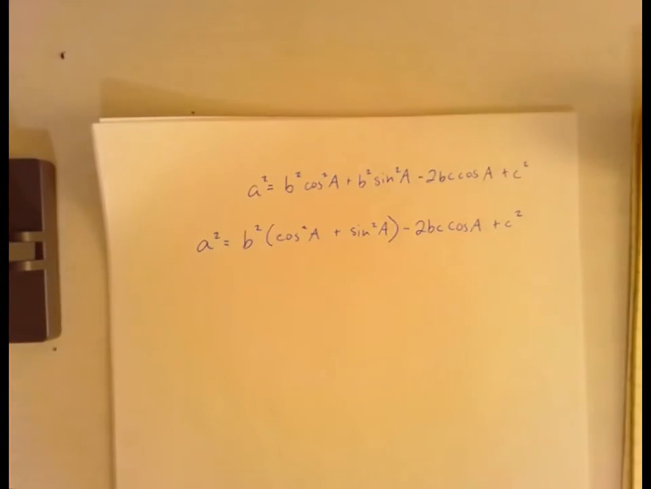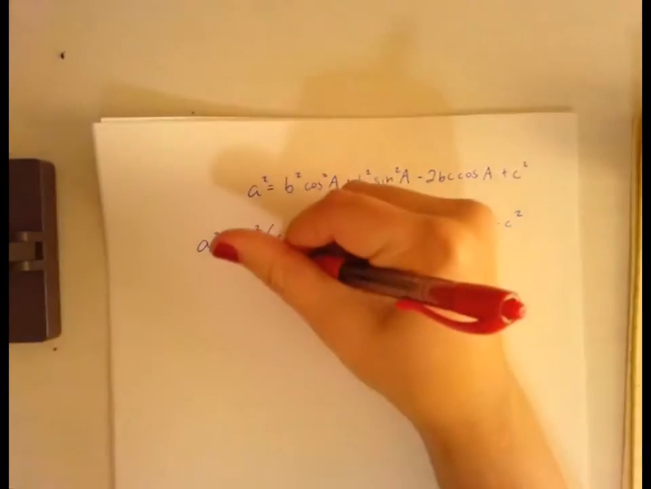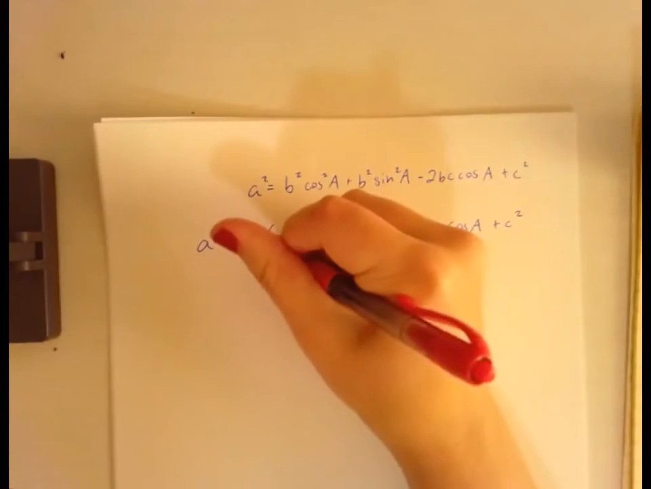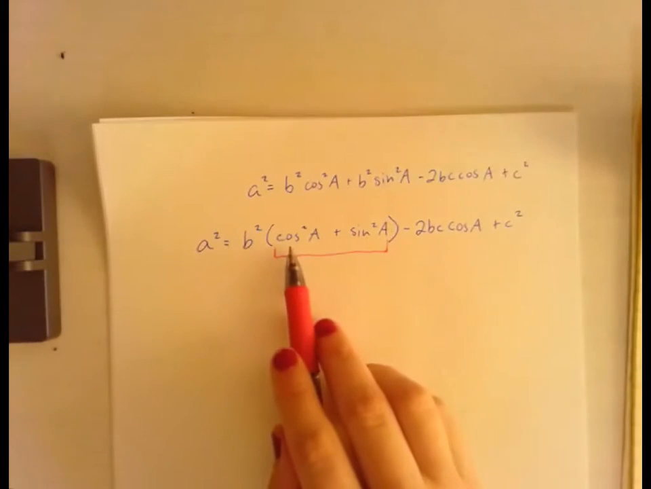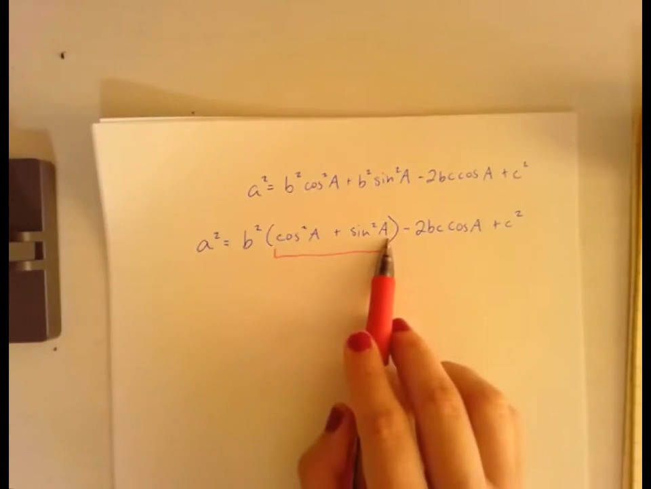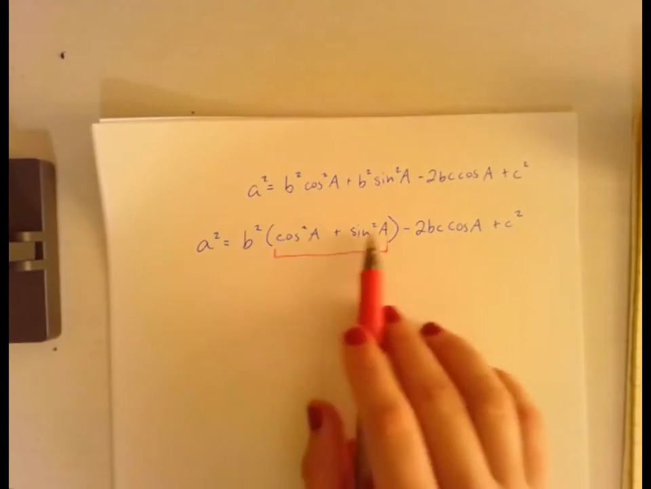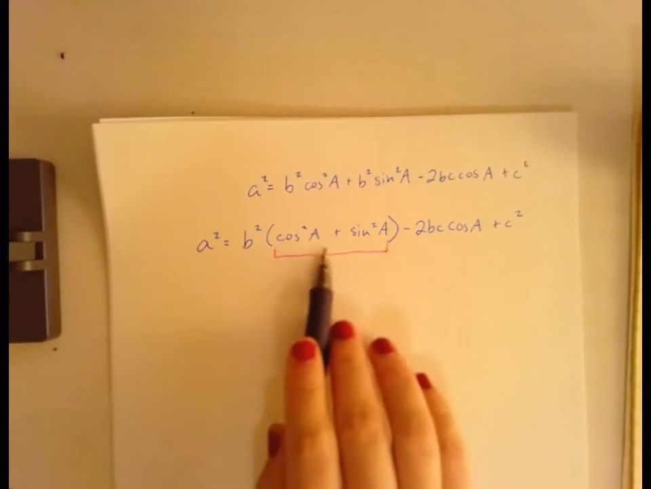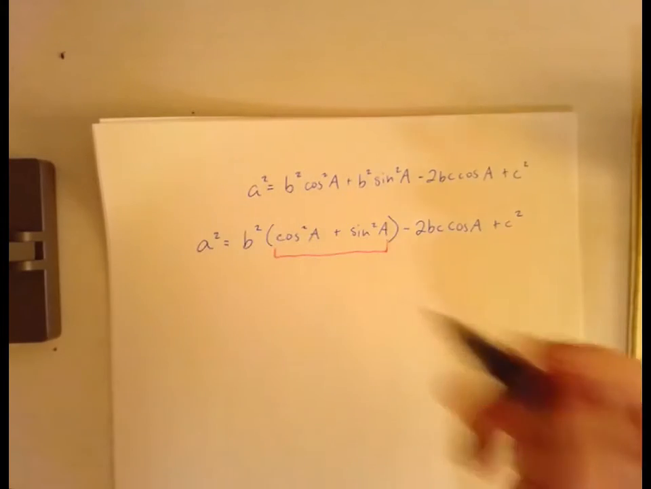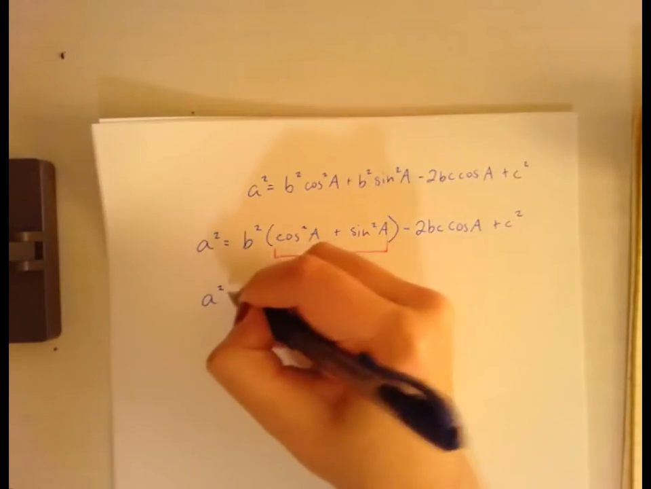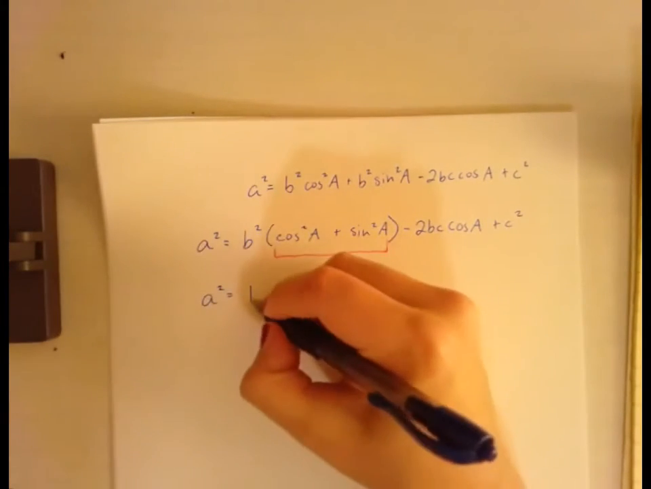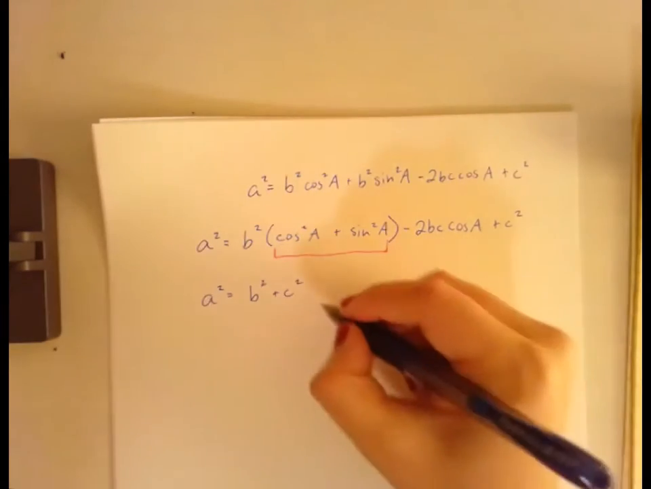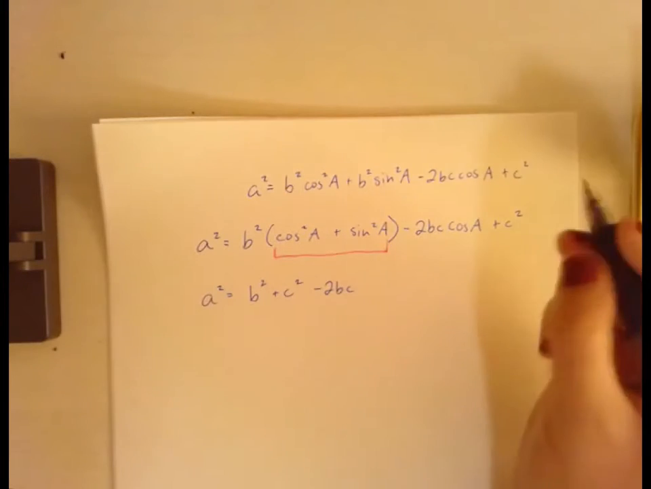What's really cool about this now is that we've arrived at the value of 1. This is an important property for us to remember. Keep in mind, whenever I have a cosine squared plus a sine squared, this is equal to 1, right? That's a Pythagorean identity. And so, if I have 1 times b squared, I have just b squared. So I say a squared equals b squared plus c squared minus 2bc